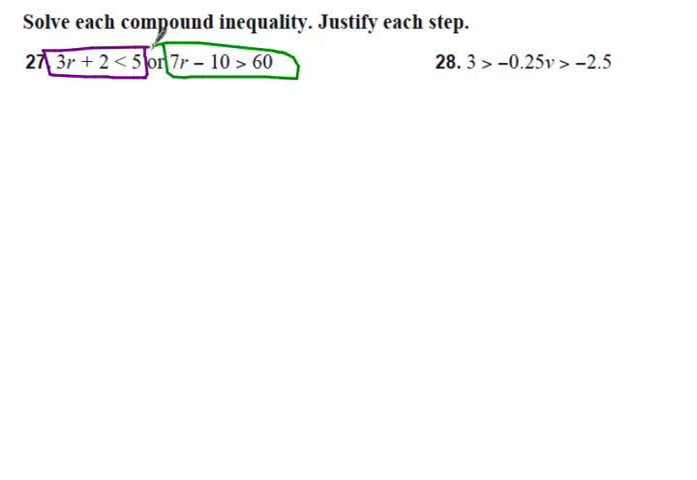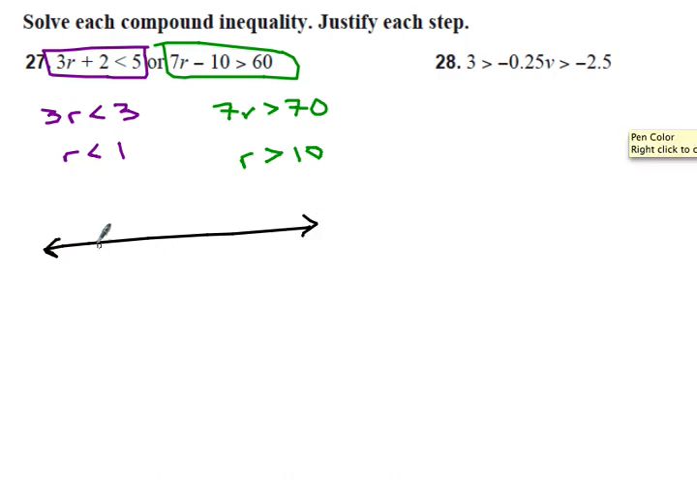So solve these individually. So for the purple one, we could subtract 2. 3r is going to be less than 3. R is going to be less than 1. Or we could add 10, so 7r is going to be greater than 70. R would be greater than 10. And this is our or situation, so graphically,